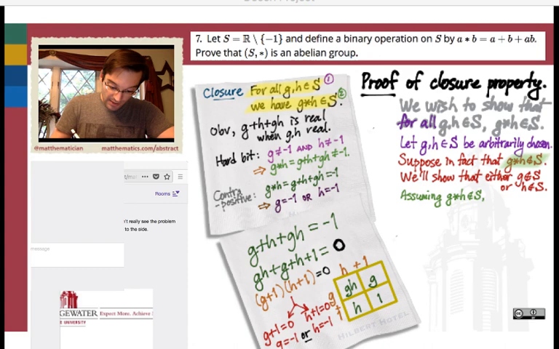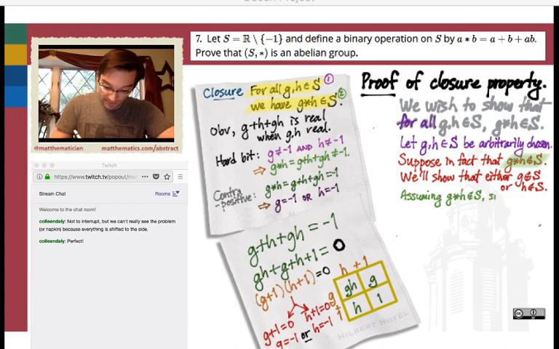Assuming G star H is not an element of S, since clearly, and be very careful using words like clearly in a proof, unless something really is just glaringly obvious. I'm going to just use it here mainly to economize on space. Since clearly G star H is in the set of real numbers, and again, that's by the closure property of real numbers,